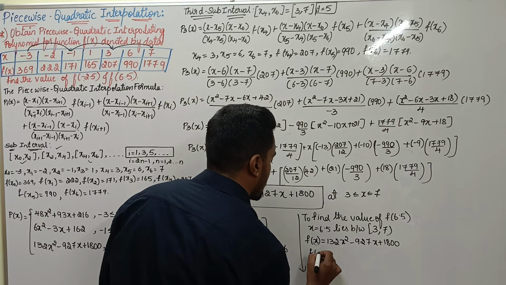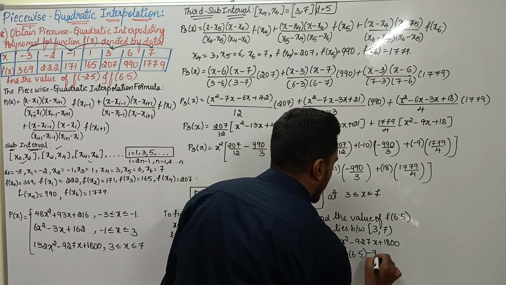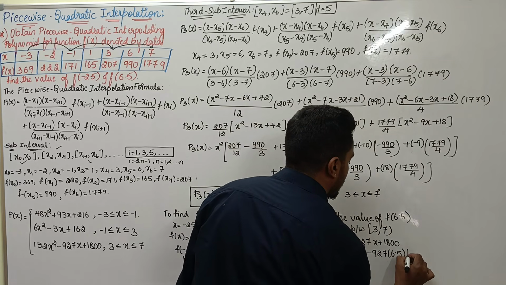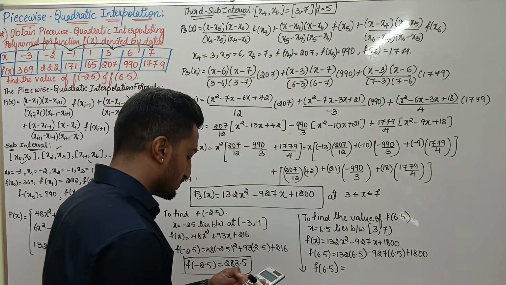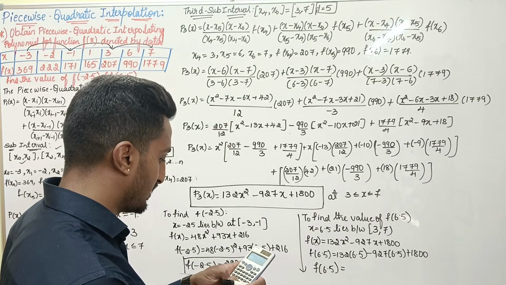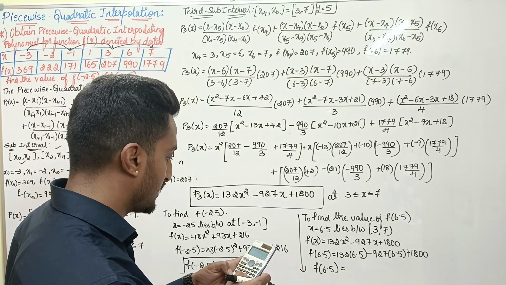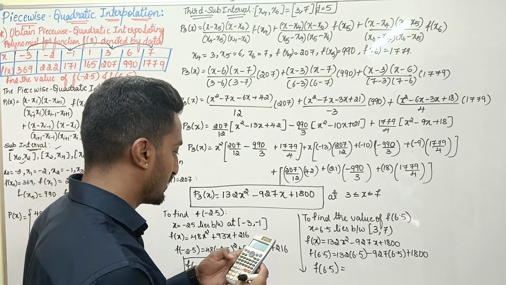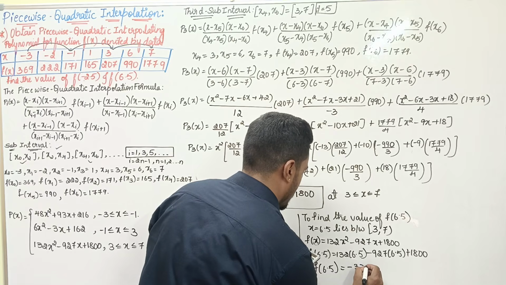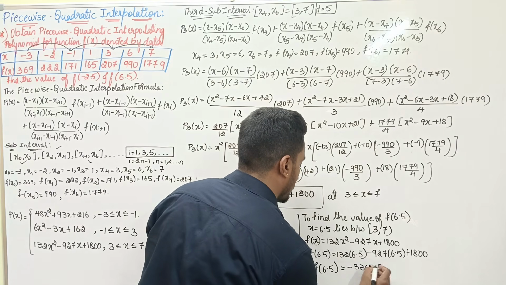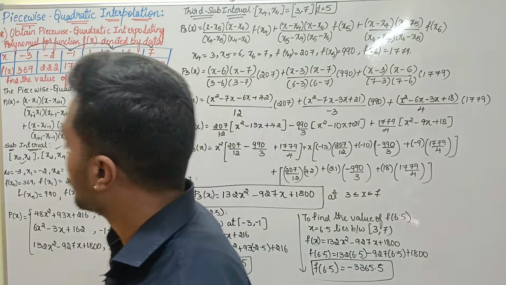F of 6.5, which is equal to 132 into 6.5 square minus 927 into 6.5 plus 1800. You get minus 3367.5. This is the required solution of the given two sub intervals, for f of minus 2.5 and